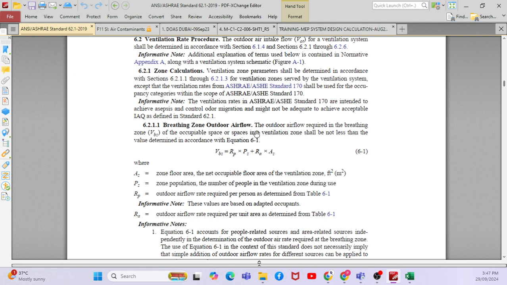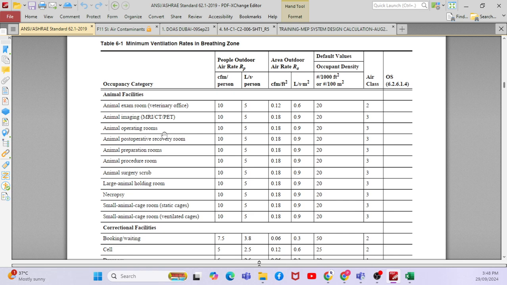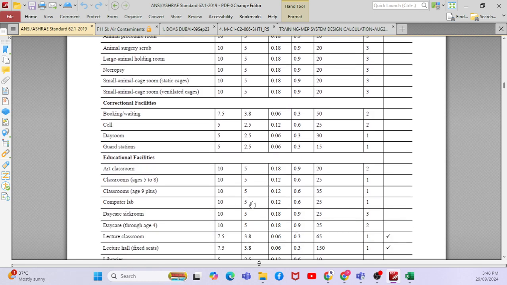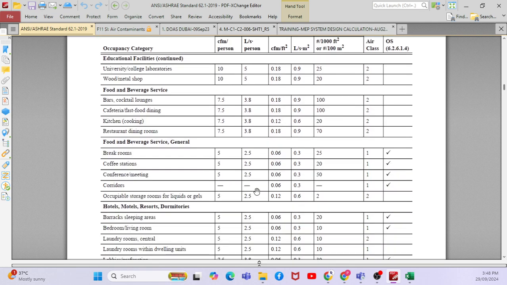They said that whatever the outdoor airflow rate required in the breathing zone shall not be less than the value determined in accordance with equation 6.1. So whatever value we are selecting for 6.1, the table should match. For example, assume that I have an office building, right? So if we go to office building,